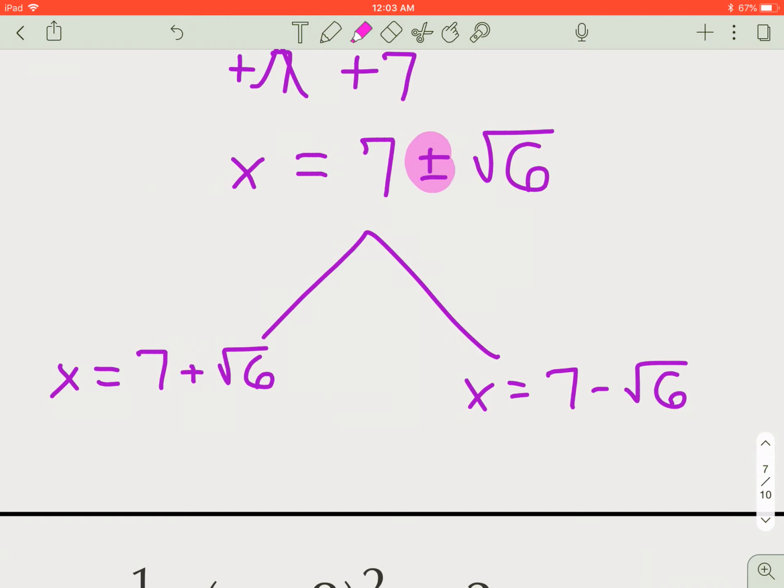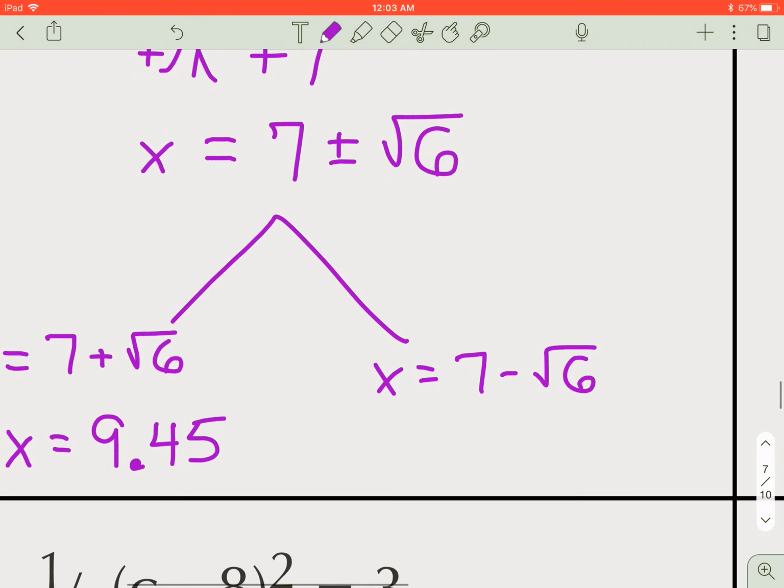And I'm getting that from that plus or minus sign right there because we know that when we take the square root of 6, we get both a positive and a negative answer. So we have to account for both of those. This would be a time we could bust out your calculator and help you out. So on the left-hand side, if I take 7 plus the square root of 6, I get x equals 9.45. And on the right-hand side, if I do x equals 7 minus the square root of 6, I'd be left with x equals